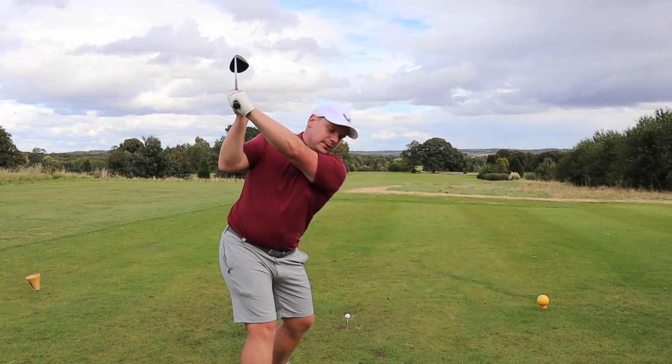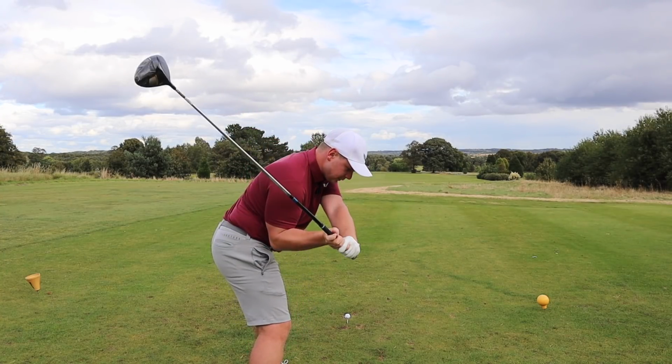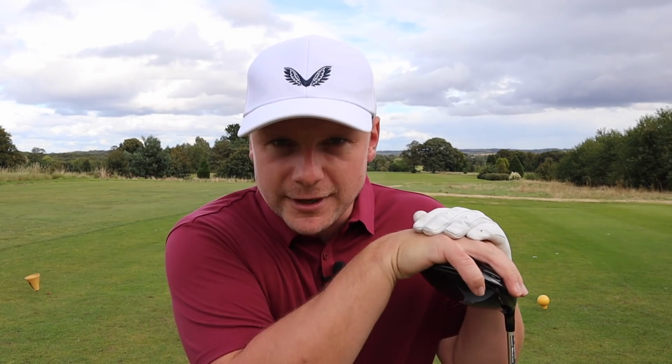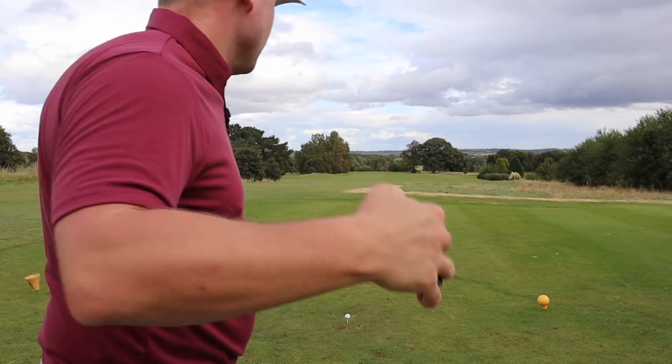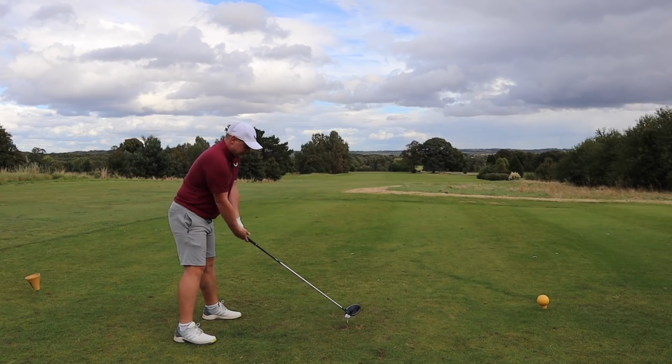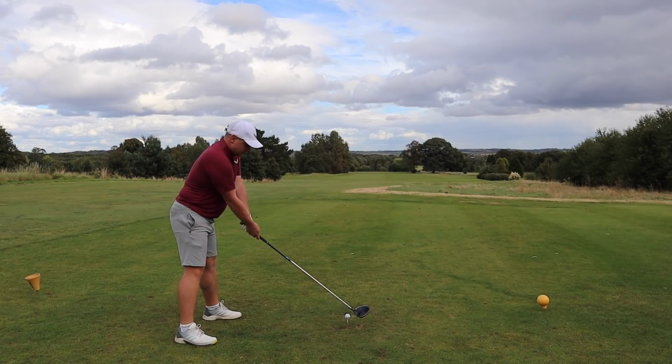If I start this downswing with my hips and then my torso and then my shoulders, you'll see that club's been delivered to the ball a lot more neutrally, hopefully to help you hit straighter drives. So let's have a go. Right. Teed up nice and high, ball position on the left foot, and we're going to hit a nice straight drive